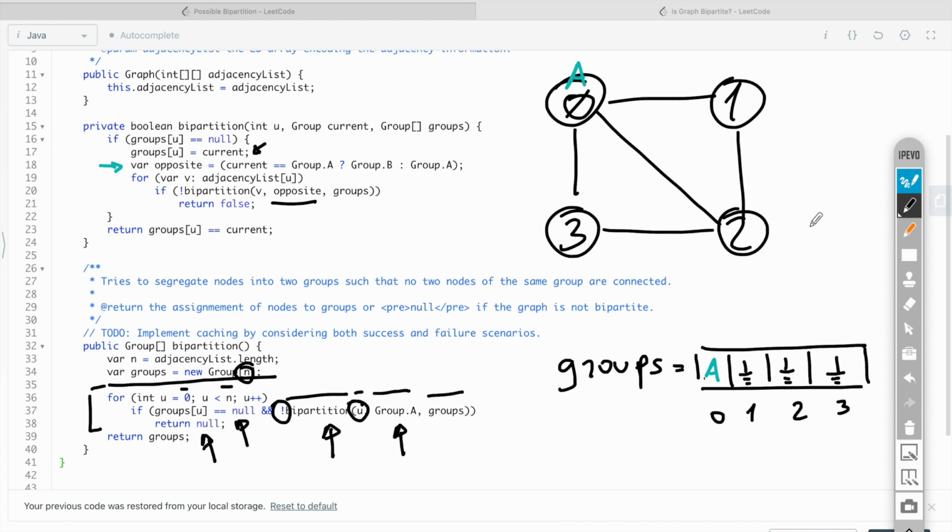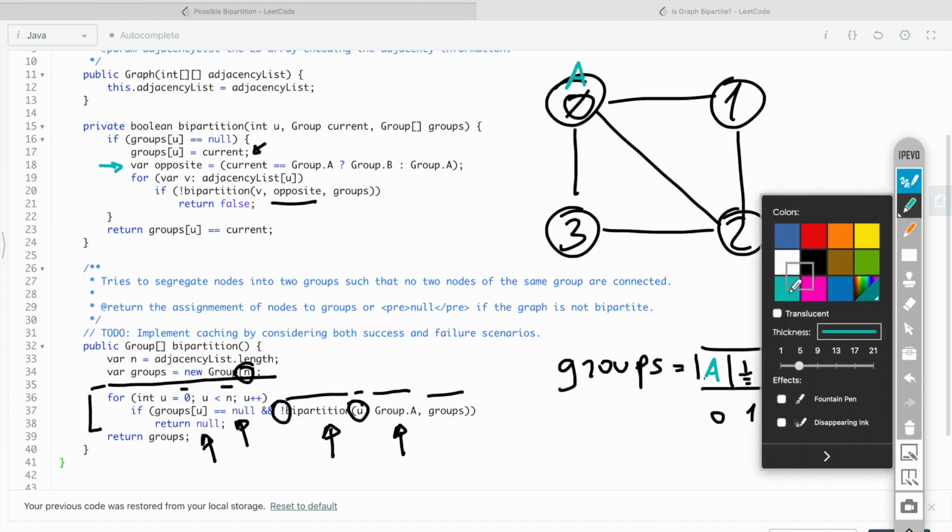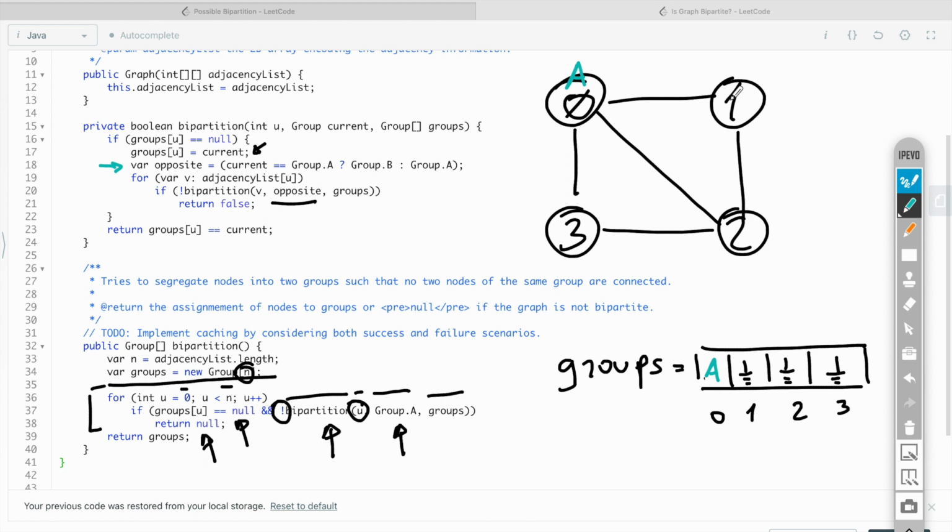So let's now do that. Since we are demanding node 1 to be assigned to group B, when we recursively call this bpartition function, that's exactly what's going to happen: node 1 is going to be assigned to group B because it's currently unassigned. So this will become B here.